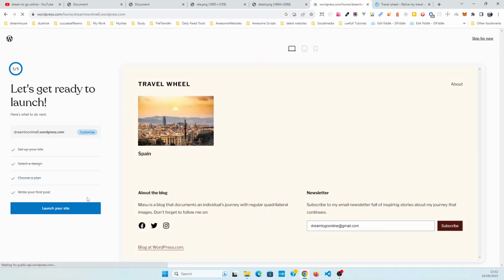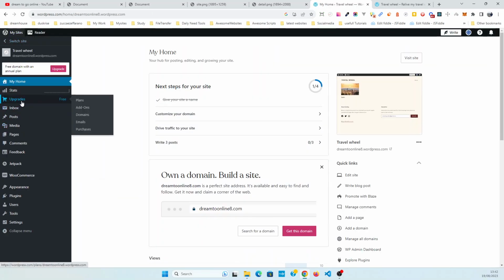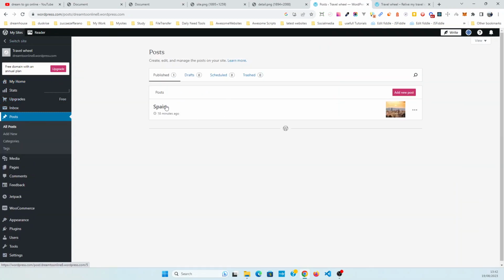Okay, again you go back. Go back to your menu. Okay, so where you go to the post. So I already have one post here now, a Spain post. So again, if you don't want to copy and if you don't want to start from scratch,